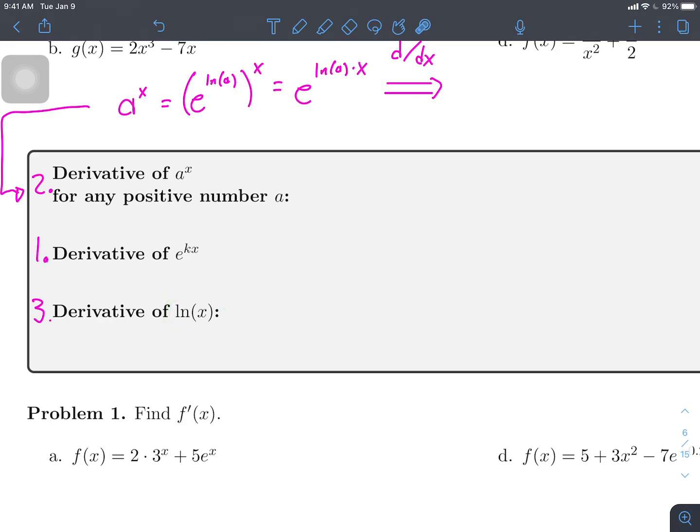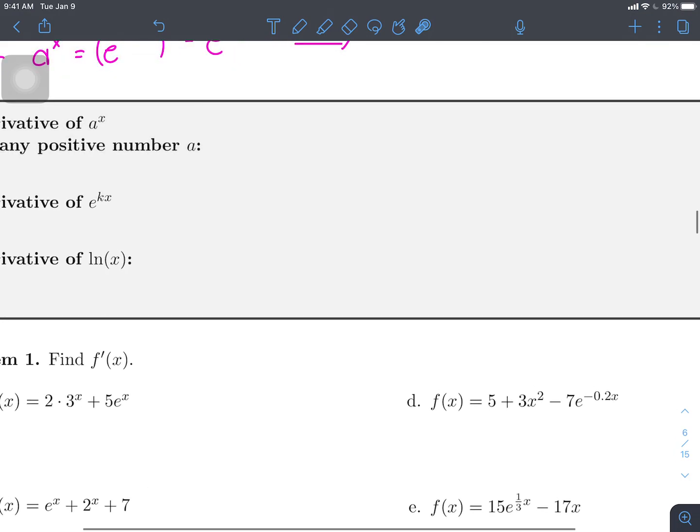Okay, so we know from the first chapter that these exponential functions and logarithmic functions share a special relationship, right? If we think about e to the x and ln of x, then these two functions are inverses, right? They're how we undo one another. So if I want to get an exponent out of the exponent, I use natural logs, right? And if I have something stuck in a natural log, I use exponents to get it out, right? So these two functions are inverses, and we're going to just write down some rules of how we find derivatives